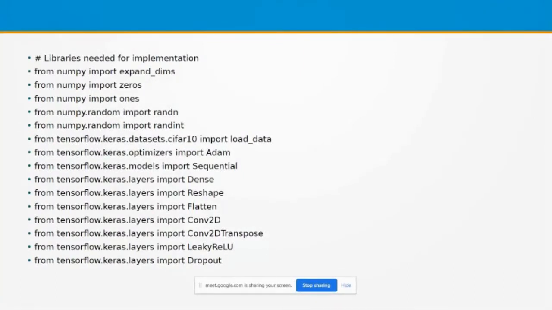So it is somewhat linear and somewhat non-linear. Anyway, ReLU is considered a non-linear operation. In the case of ReLU, negative values are not considered, but in the case of leaky ReLU, we can consider some negative values also for introducing the nonlinearity. Then from TensorFlow.keras.layers, import Dropout. Dropout I already mentioned.